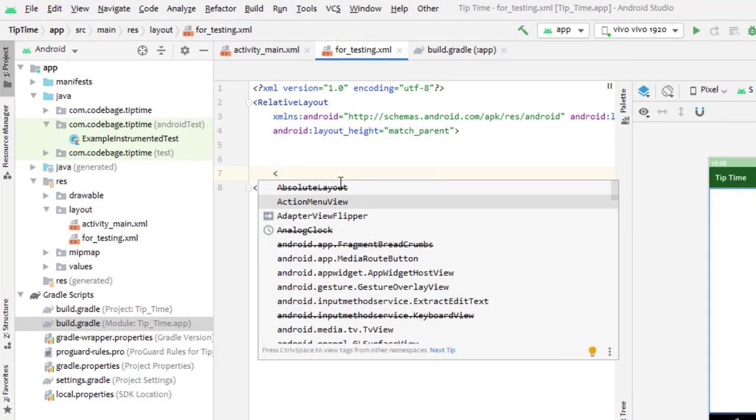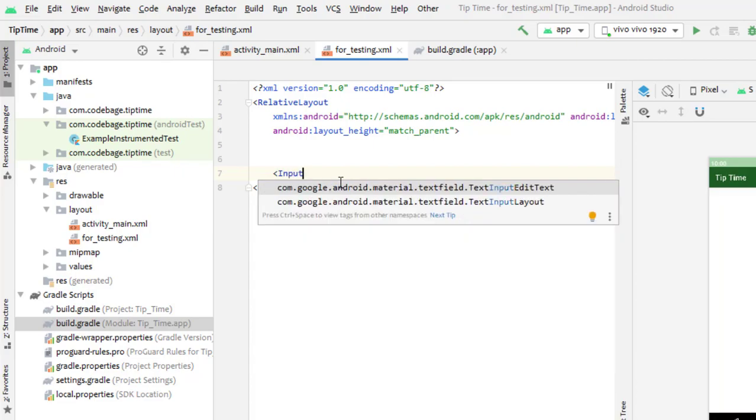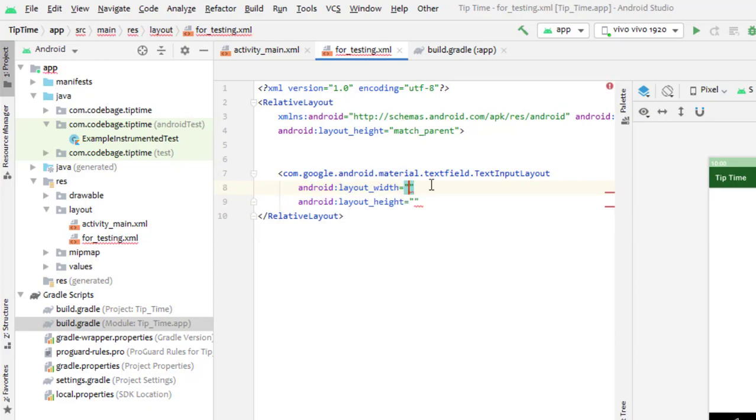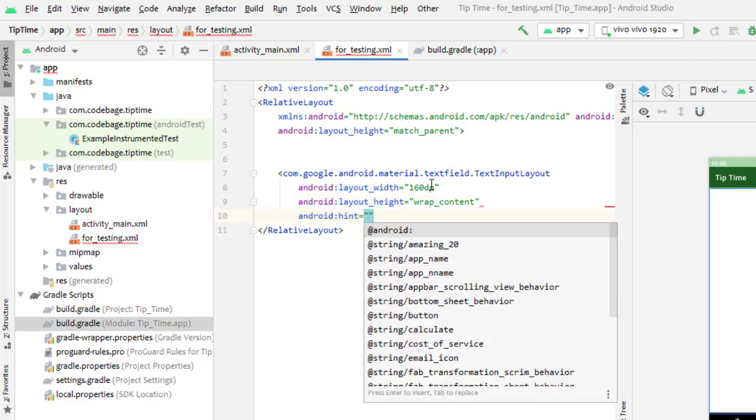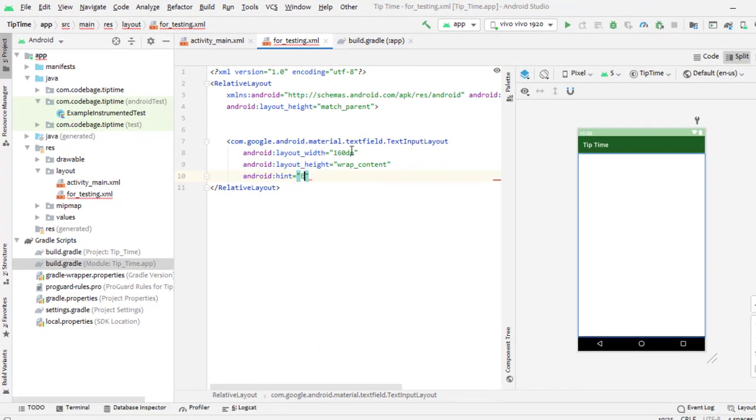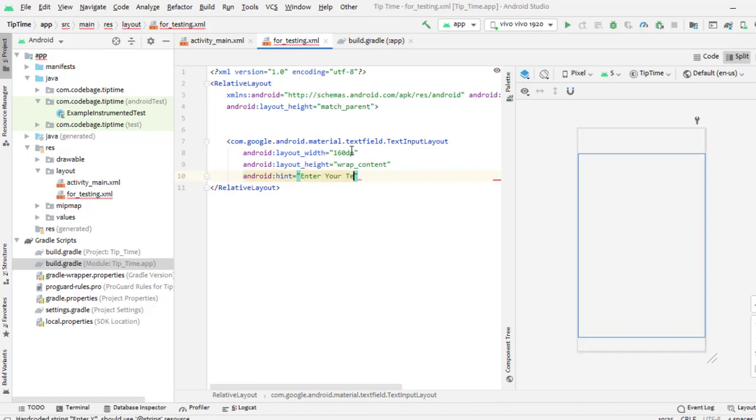add input text input layout and set its width with your choice, 60 dp. And the next one is wrap content. Add hint, so I add is a edit text, enter your text,